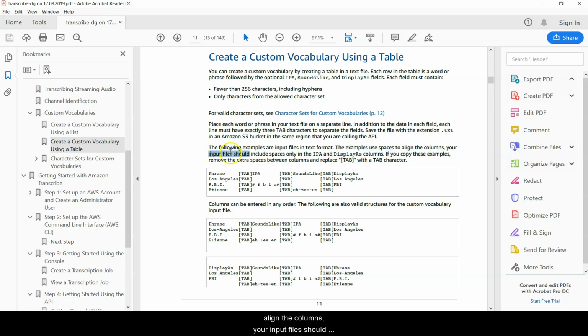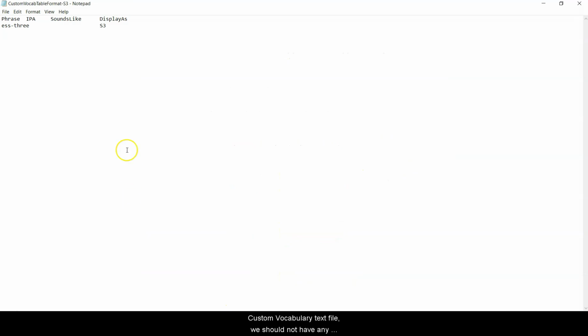Your input file should include spaces only in the IPA and display as column. So if you copy this example, remove the extra spaces between columns and replace them with the tab character. So that's what I have done in this custom vocabulary text file.